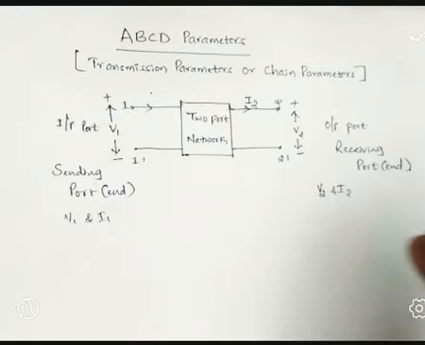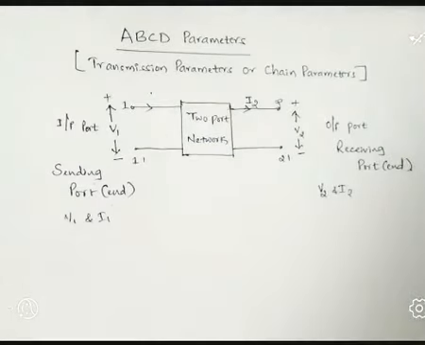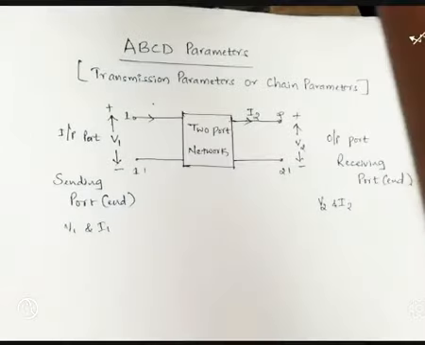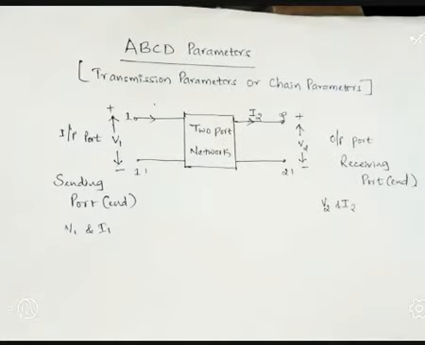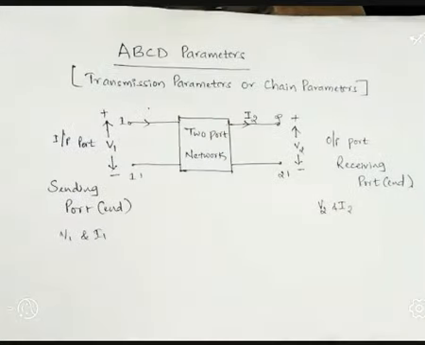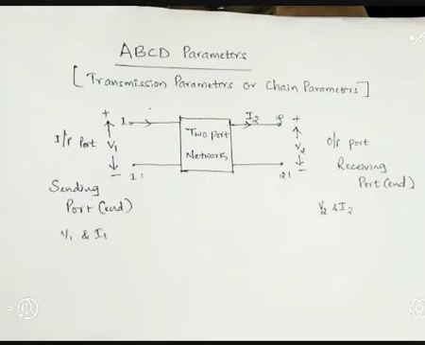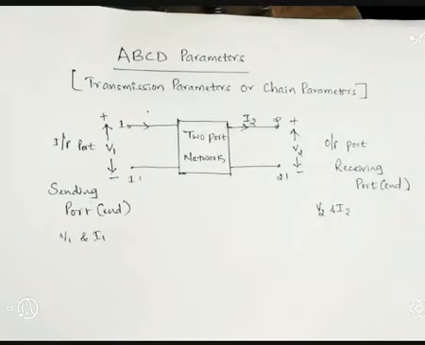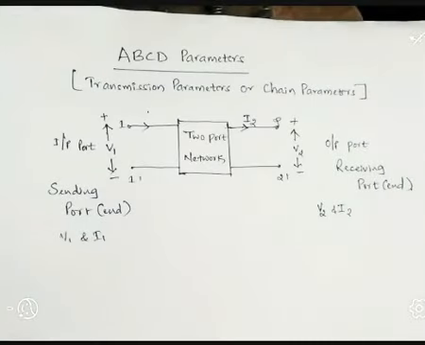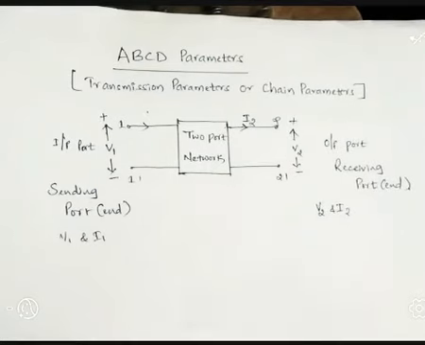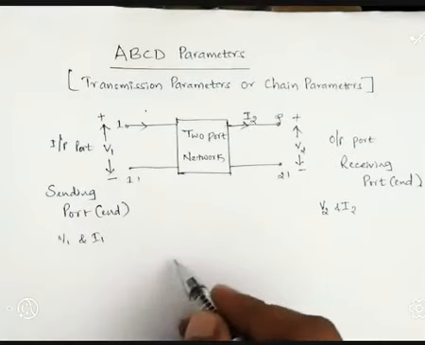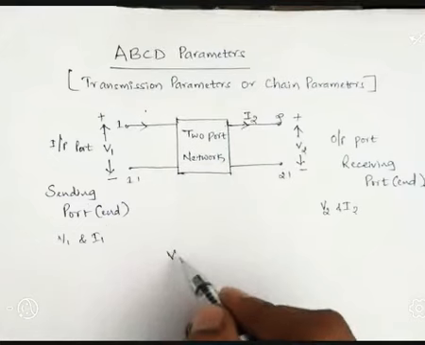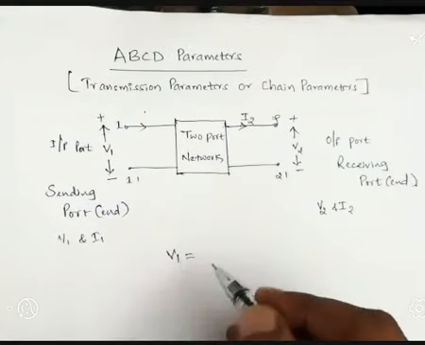Okay, thoroughly we'll discuss how we are going to express these two ports. As I told, V1 and I1 are the dependent variables, while V2 and I2 are the independent variables. So we are expressing those dependent variables in terms of independent variables as a function, that is V1 is a